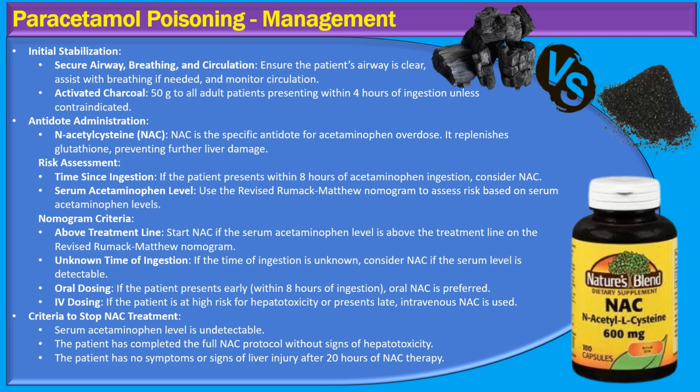Now, if a patient experiences vomiting within an hour of taking acetylcysteine, it's imperative to administer a full dose again as quickly as possible to ensure efficacy. Moving on to intravenous dosing, there are various protocols available. Regardless of the chosen method, the goal is to deliver a minimum of 300 mg per kilogram of acetylcysteine within the initial 20 to 24 hours of treatment.